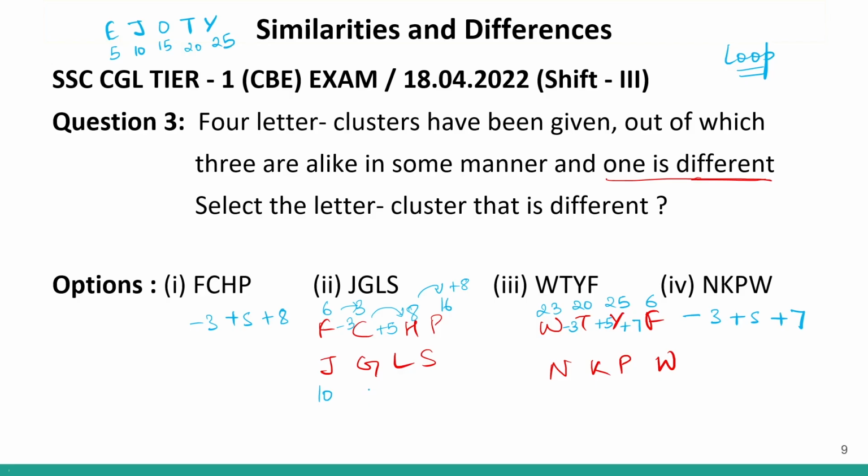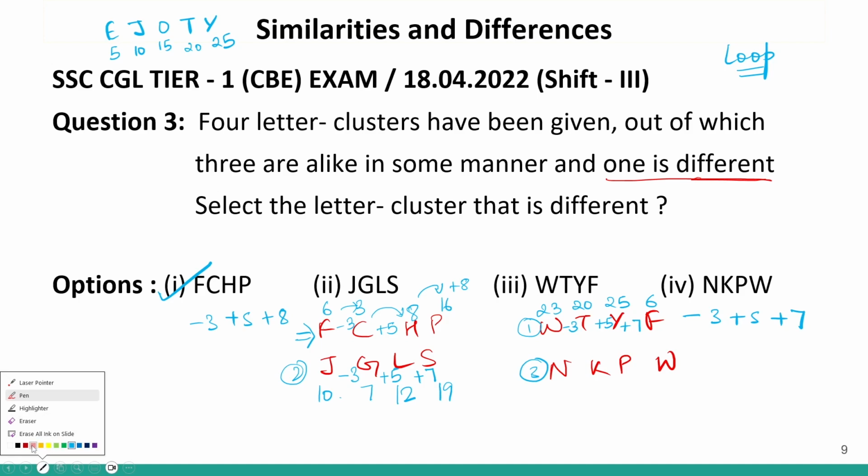Correct? Now, G is ranked at 7, L is ranked at 12, and S is ranked at 19. So here I can clearly see -3 plus 5 and plus 7. So this one will also follow this logic because we have 3 terms of this logic: 1, 2 and 3. So all these 3 will follow the same logic. Only this term, which is FCHP, is something that follows a different logic. Hence the one that is different will be option number 1,